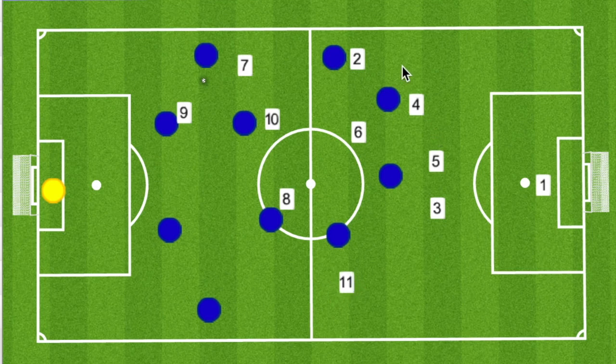So here we have a little bit of a curve that starts from our left back, kind of curving up into our right back. And as you can see here, our number 6 is a little bit more free. Let's move our 11 a little bit so that he can be defending. Okay, so our number 6 is essentially free. They have a lot of space in this particular situation. And that is great. That is exactly what we want